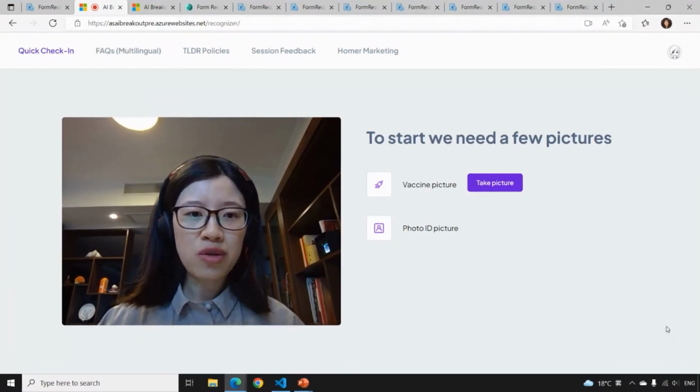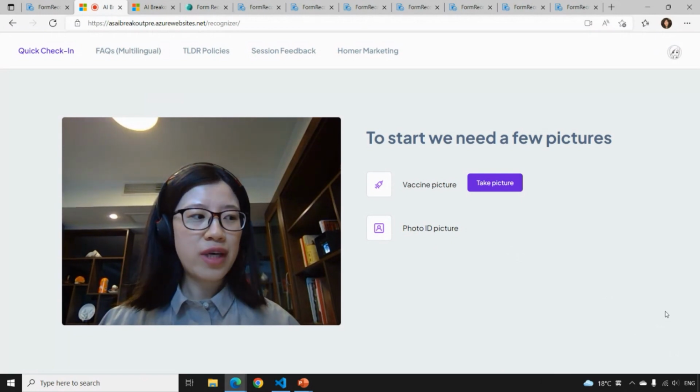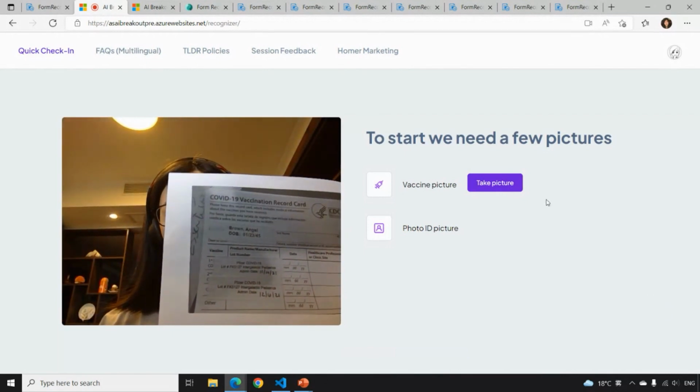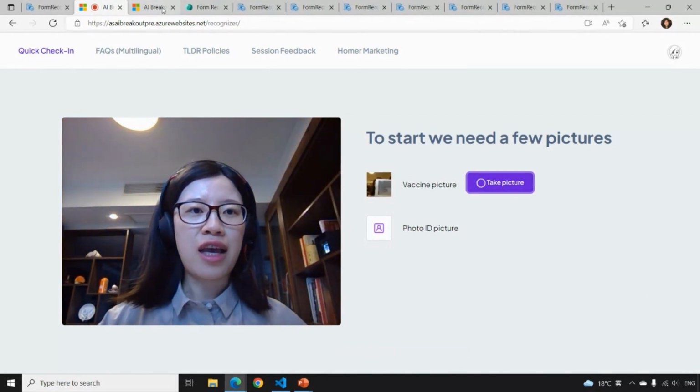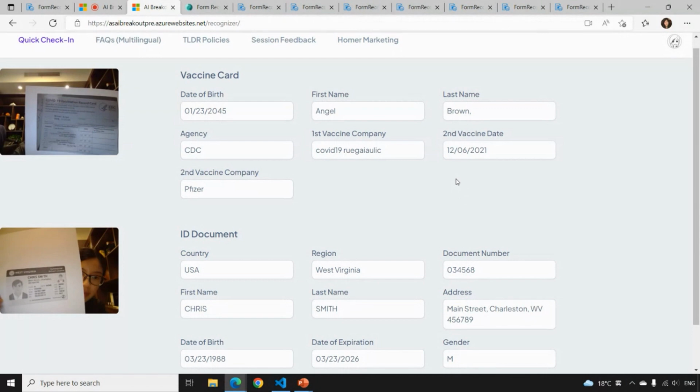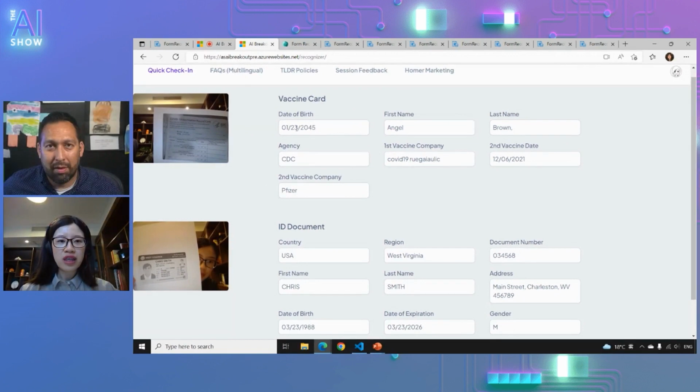Okay. So what I'm going to show is this little app, which you can easily use to take a picture of this scanned COVID-19 vaccination card. I just take a picture, and I don't need to wait for that. I have already processed this vaccination card and ID document. And as you can see from the result, it can quickly extract your key information from the vaccination card, including date of birth, first and last name, and when you got your vaccination for the first and the second dose. That's how it works. It's very easy and straightforward. With just two simple API calls, you can get all this information.